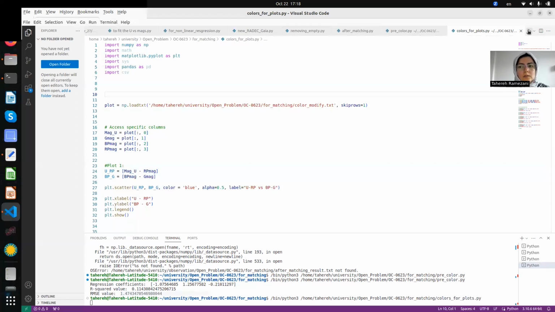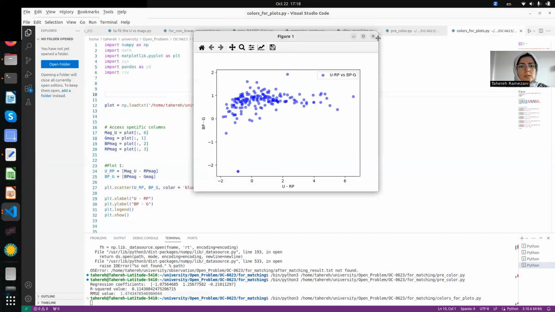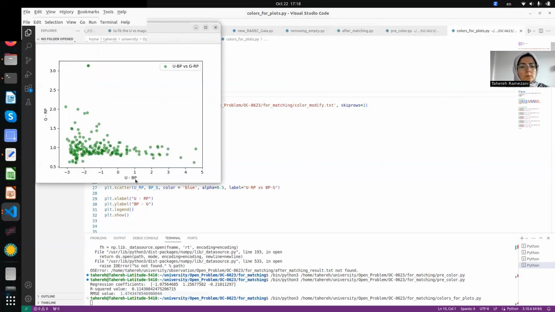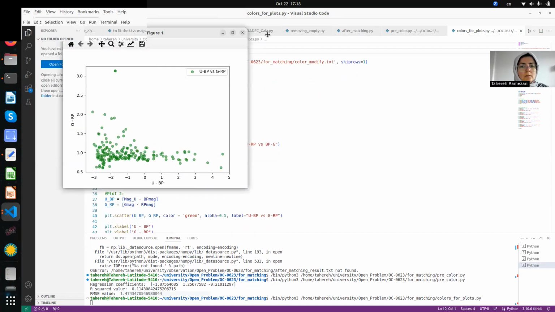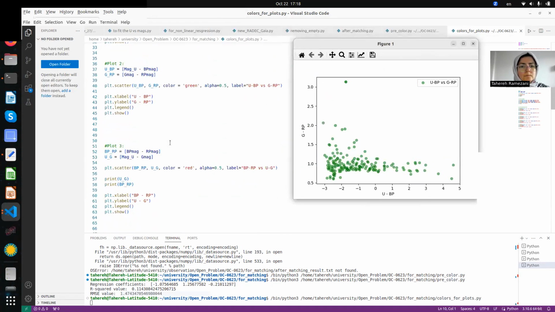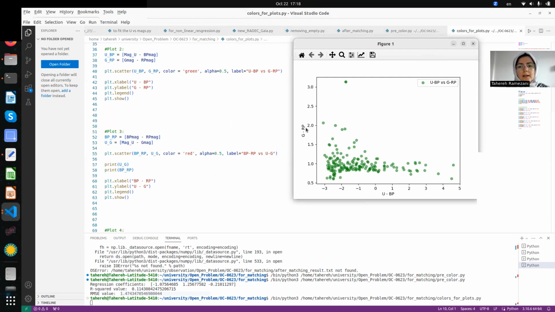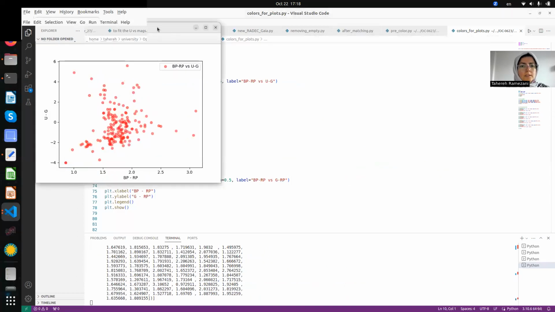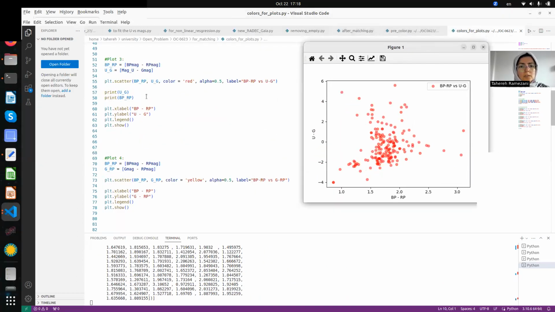And now I can run it. You see, this is our result. This is from U_RP and BP minus G, this one, and then we have U minus BP, this the second plot here, and then for the third one, we have BP minus RP and U minus